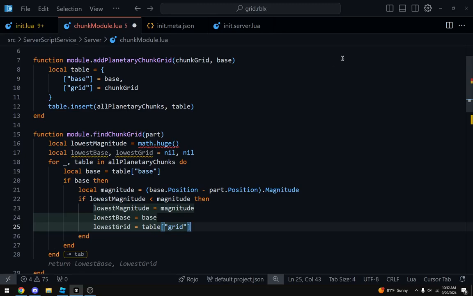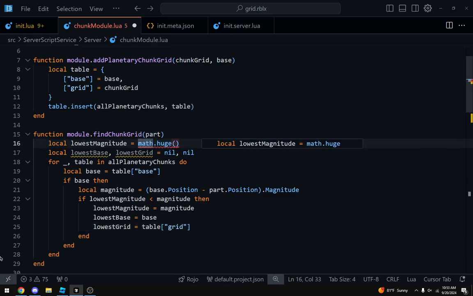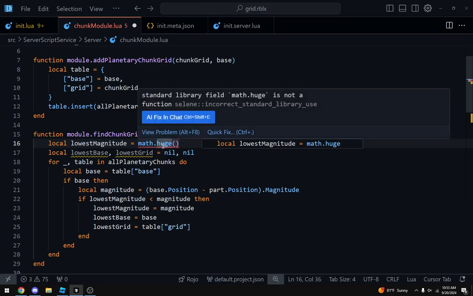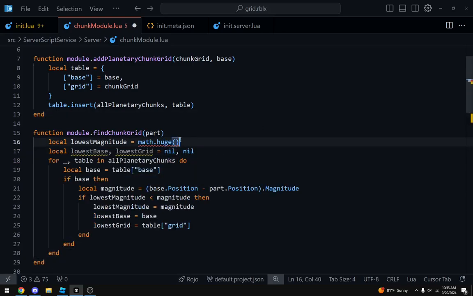God, dude, I'm trying to code here, but the AI is literally doing it for me. This is incredible. Oh yeah, it is. Oh well, it doesn't matter.